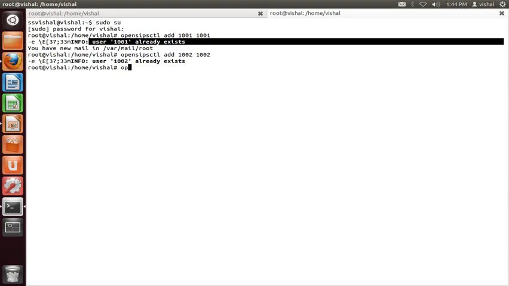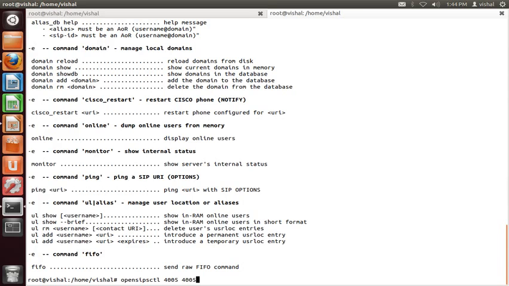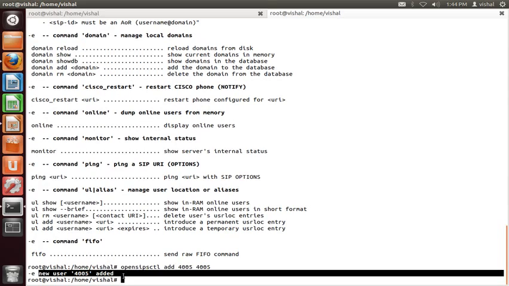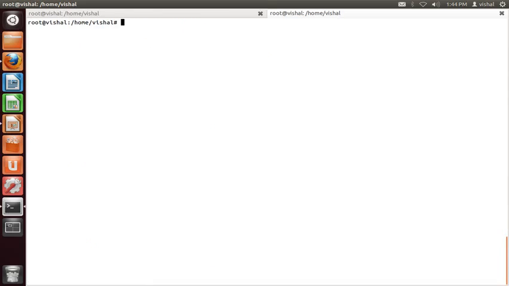Okay, suppose there is some user which does not already exist, we will create it. For example, suppose 4005 and password is also 4005. Okay, add, yes. Now it tells me that new user 4005 is added. Now what we will do is,